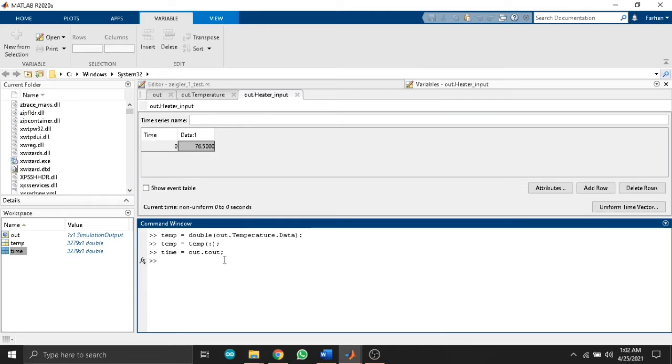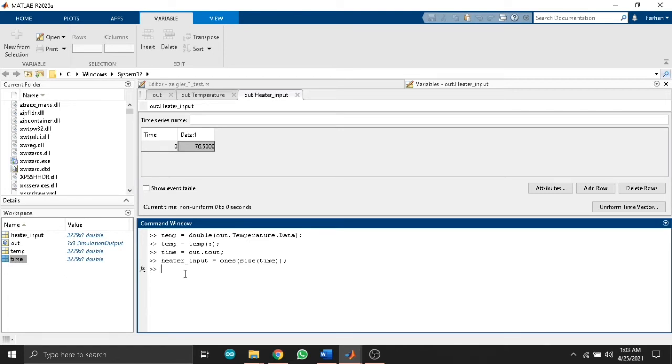So now I create a vector heater input, and the size of the vector will be equal to the size of the time variable. Now I got a vector with the value equal to 1 and it is of the size of the time variable.